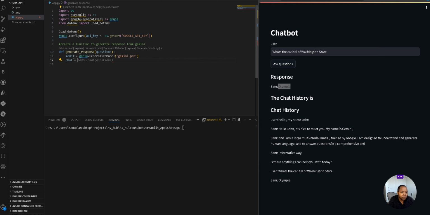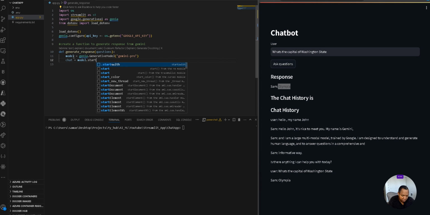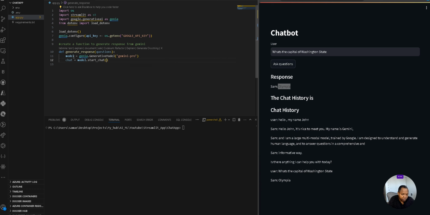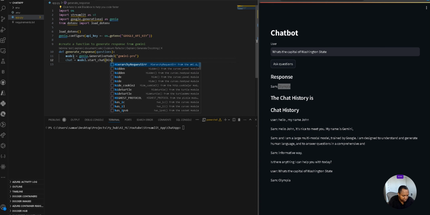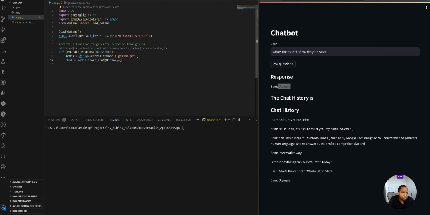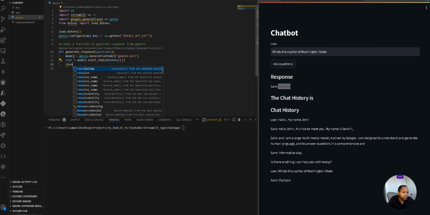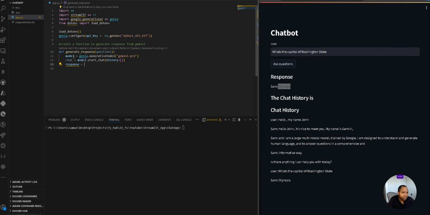Now let's create the chat. So chat is equal to model.start_chat, with history equal to an empty list. Then let's create a response. So response is equal to chat dot